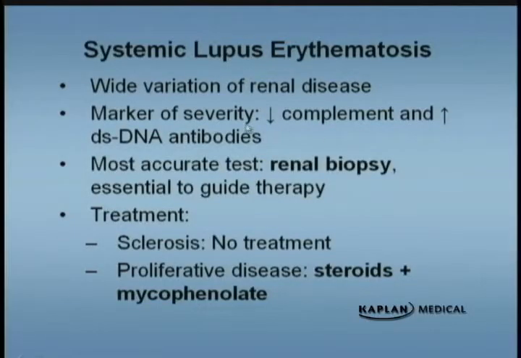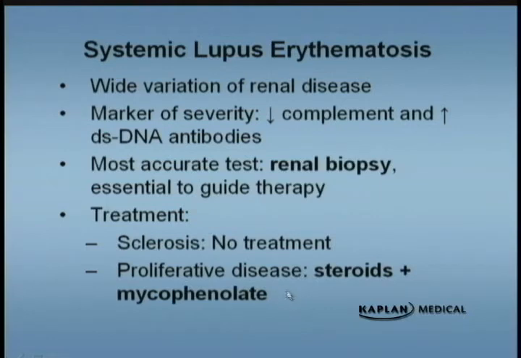Now, lupus. You could have everything in lupus from a completely asymptomatic proteinuria to very severe disease. You don't need the biopsy to diagnose lupus. You have double-stranded DNAs, low complement levels. You need the biopsy to guide therapy. Sclerosis means scarring. And if it's scarring, we don't give treatment. Proliferative, more severe disease, steroids, and remember,